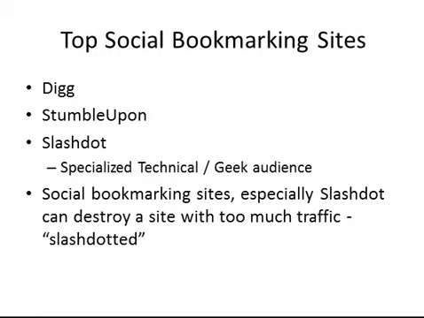Top social bookmarking sites. Social bookmarking sites are sites that are specifically geared at sharing links to interesting content. Many of these sites are older than sites such as Facebook. In the early days of the web, they filled a role which now has at least been partially taken over by the search engines. 3 of the largest social bookmarking sites are Digg, StumbleUpon, and Slashdot. Digg and StumbleUpon are more general link sharing sites, while Slashdot is geared towards a more technical audience.